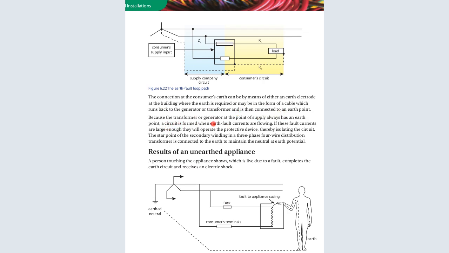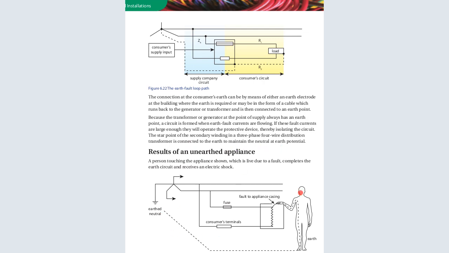And because the transformer or the generator at the point of the supply always has an earth point, the circuit is formed when the earth fault current is flowing. So if these fault currents are large enough, they will operate the protective device, thereby isolating the circuit. The start point of the secondary winding of the three-phase 4-wire distribution transformer is connected to the earth to maintain